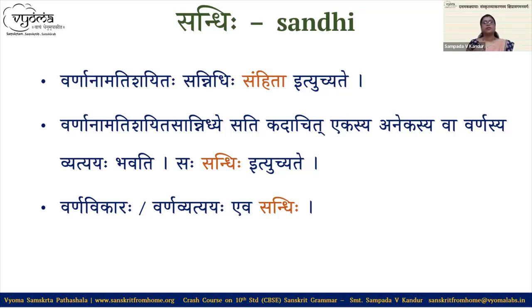Now, why is sandhi important? There is closeness when we pronounce those words. That closeness results in sandhi. What is meant by that closeness? So, for example, when two words are pronounced one after another, those vowel sounds or consonant sounds have closeness of their origin. It may be the origin of their sound, or it may be that when we are pronouncing those words, we find something resultant. Now, I'll just give you one example. For example, let me say one word.